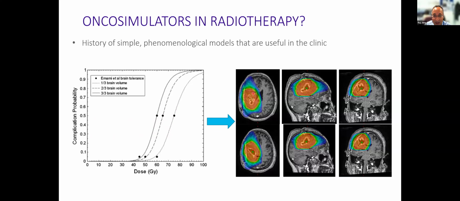This is a VMAT, a particular type of radiotherapy plan that we're using to treat a relatively large tumor. So we end up with a fractional volume of about 1/3 of the brain. And how do we know it's safe? Well, we know from our experience and practice, but we also know because we can understand from these very simple phenomenological models that the risk of a patient undergoing brain necrosis is going to be within an acceptable level compared to the risk of the patient dying of the tumor if you don't treat them with any radiation therapy.